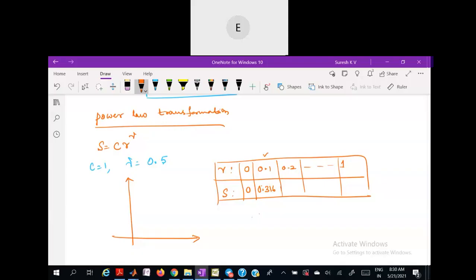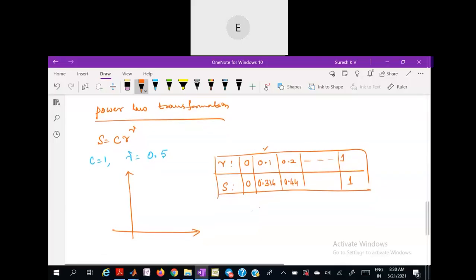0.2 to the power of 0.5. Quick. 0.44. Yeah, 0.44. 0.44, sir. Okay. Then the last one, 1 to the power of 0.5 is 1. Correct? Yes, sir. Okay. Now if I plot this,